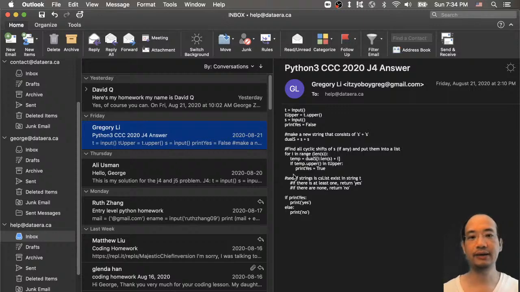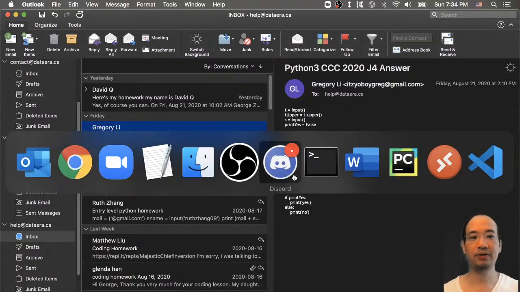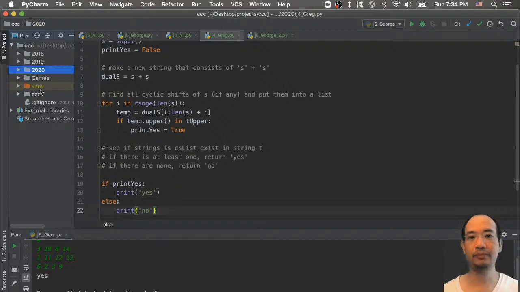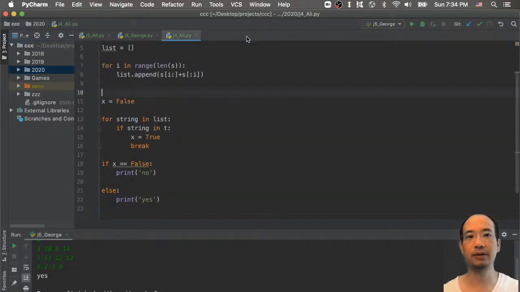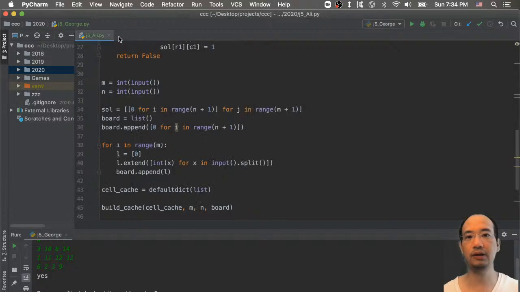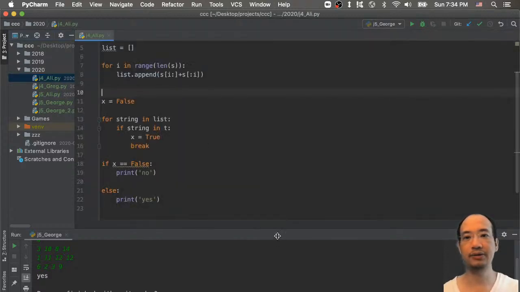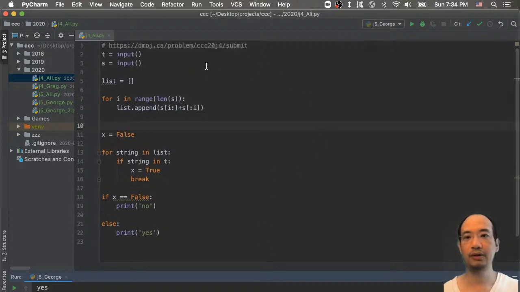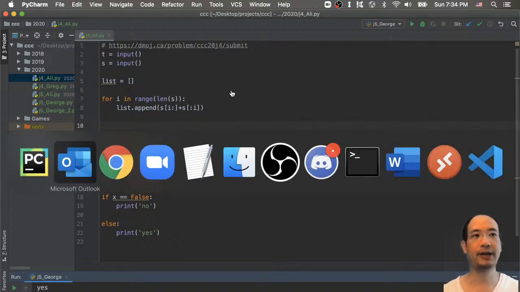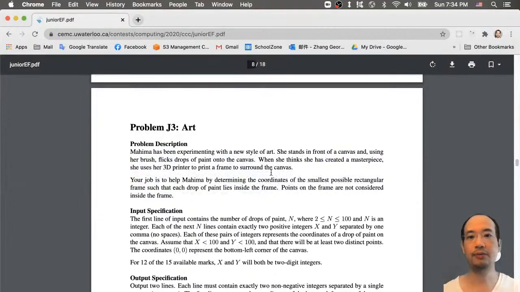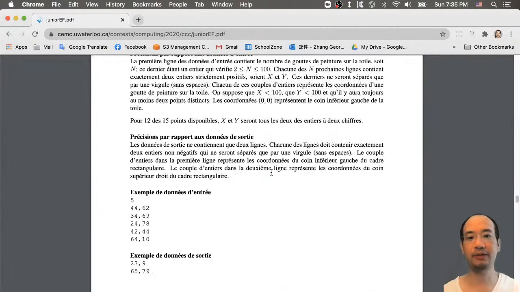Okay, so first I'm going to open my PyCharm. In my PyCharm, I'll show you what they did. So for Ali, he sent me his homework for the J4 question. In case you didn't read the answer, you still have some time right now,